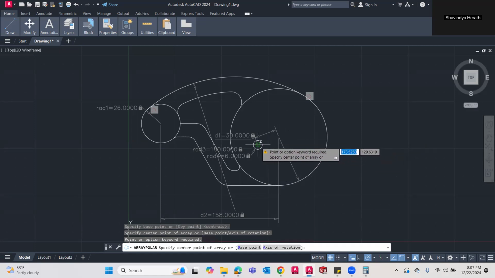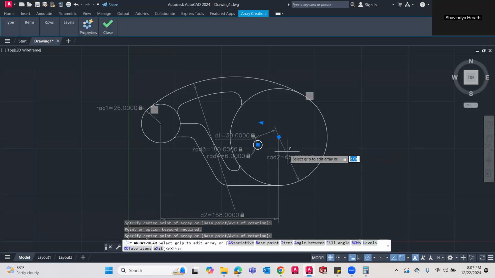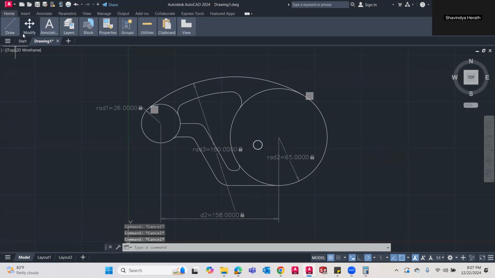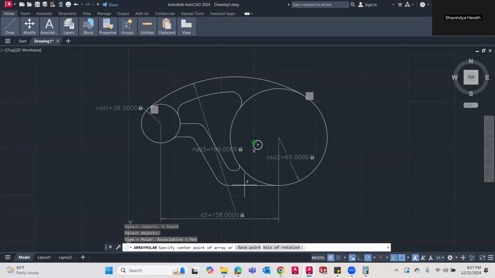Right, no, I did it in the other way, so I will undo it and go to Modify Tools. This is my object and press Enter. The base point will be this point and press Enter.